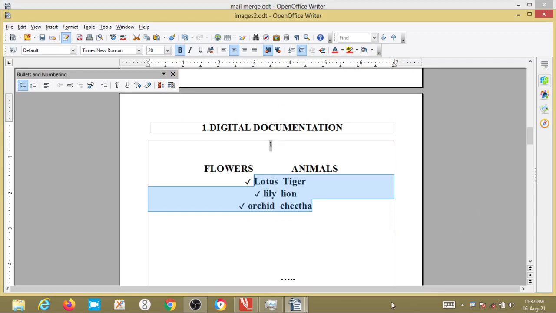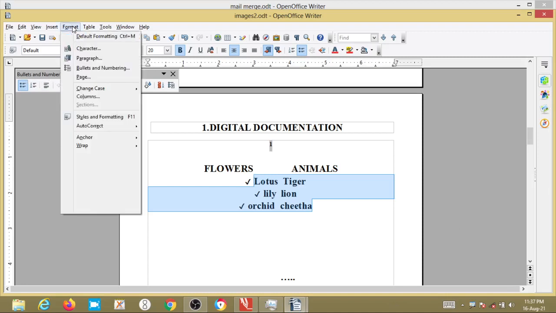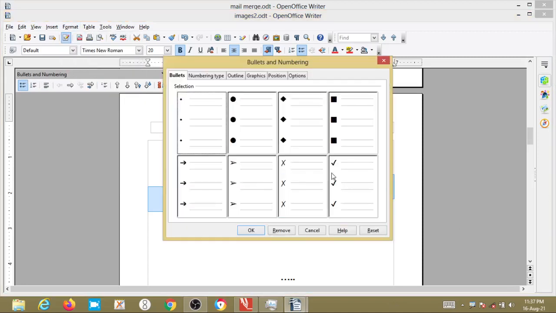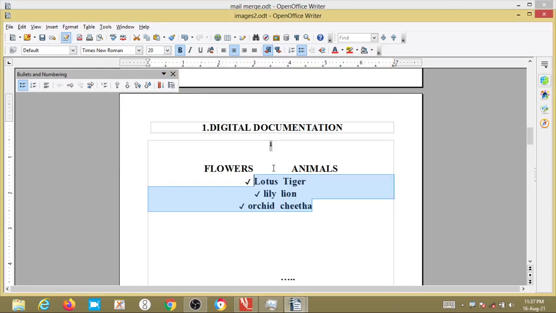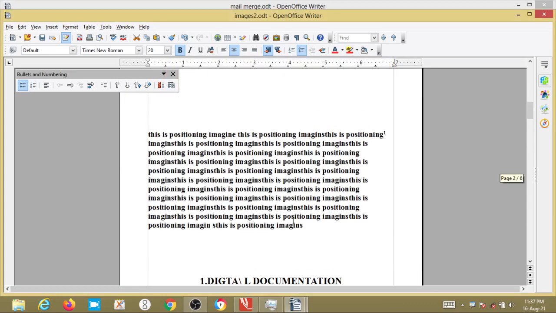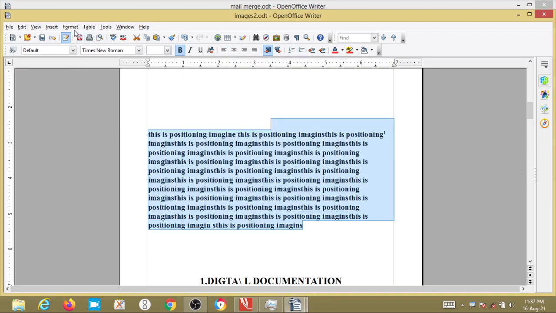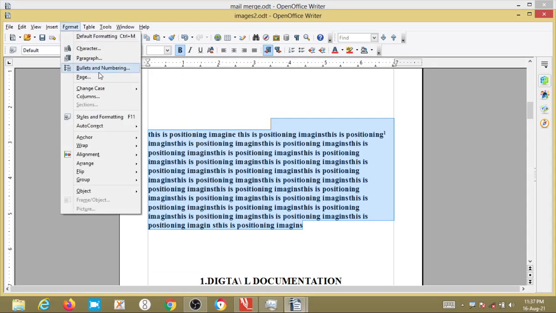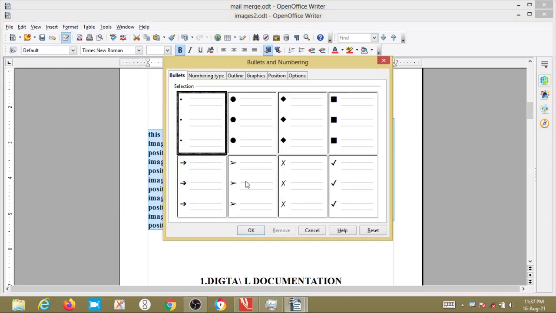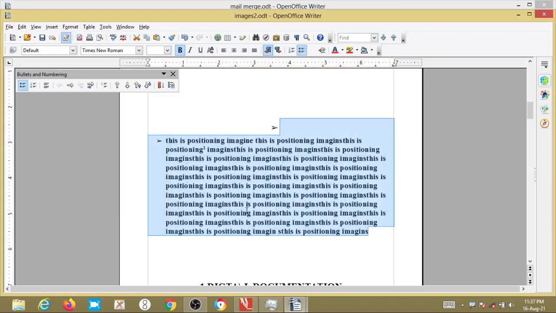Clear now? You can use the different options present in bullets and numbering, change them one by one, and practice while doing your practical session. You can practice more bullets and numberings.